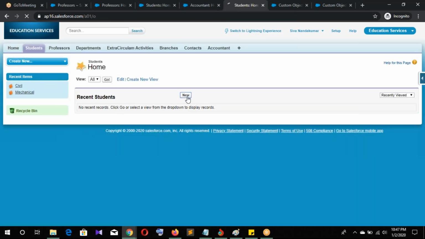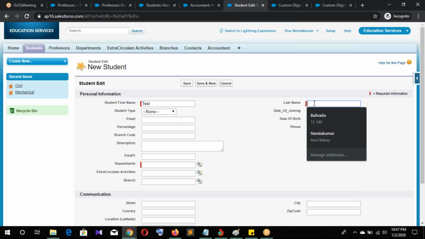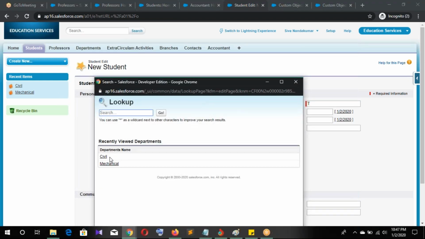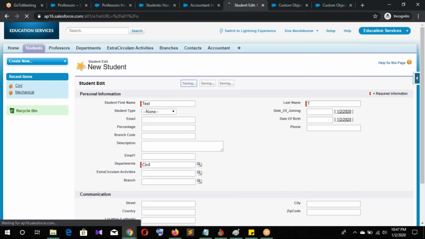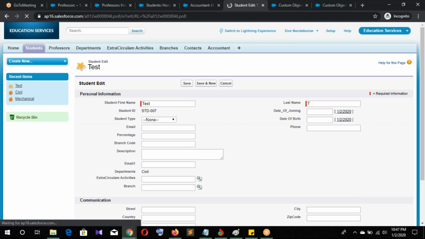I created the student record with the department, save. Again, I want to edit and change the department from Civil to Mechanical. Is it possible?